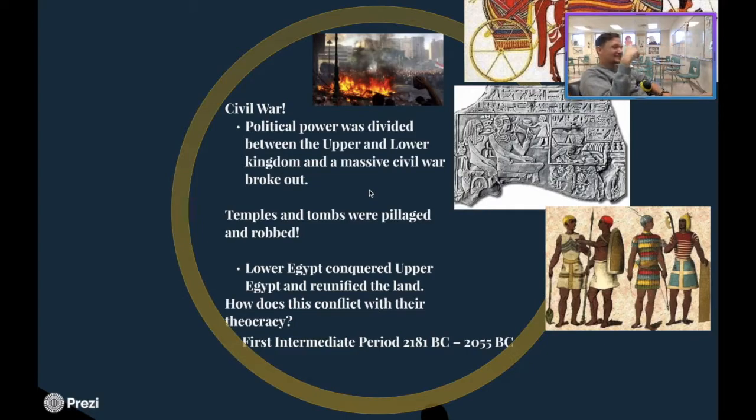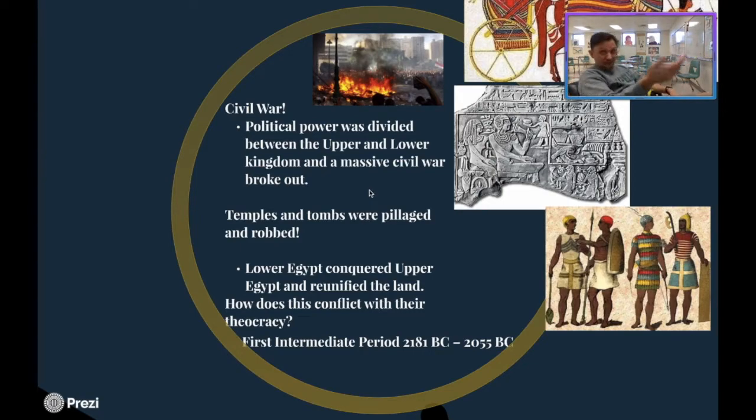But look, the Civil War is going to break out because, according to Lily, which she's 100% right, the two kingdoms united in the archaic period under Menes, while in this period they split yet again, had their own leaders and pharaohs, and then they had a massive civil war with each other.